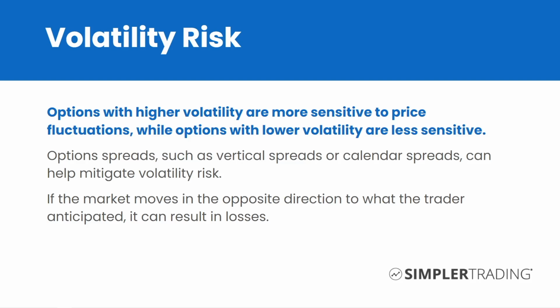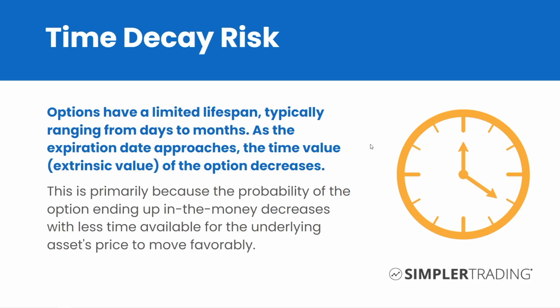If the market moves, of course, in the opposite direction to what the trader anticipated, it can result in losses. And that, of course, refers back to that directional risk that we talked about a bit earlier. Time decay risk. Well, options, of course, have a limited lifespan, right? That's why we have expiration dates around them, typically ranging from either days to months. Or, of course, if you're trading something like SPX, you can even have same day expiration and that risk of